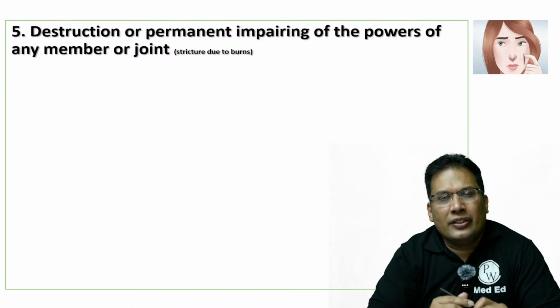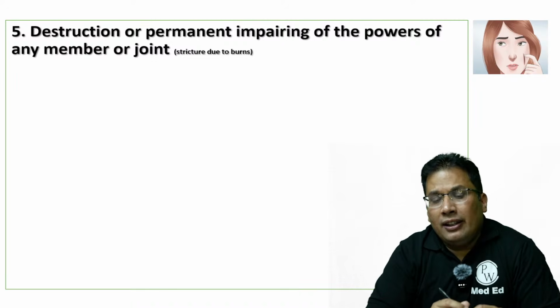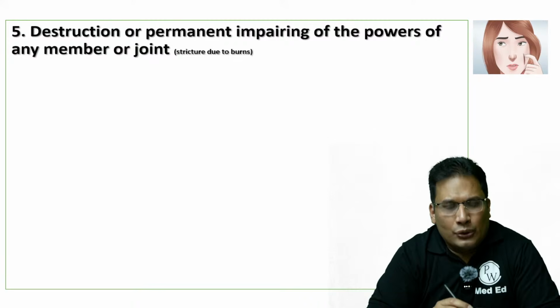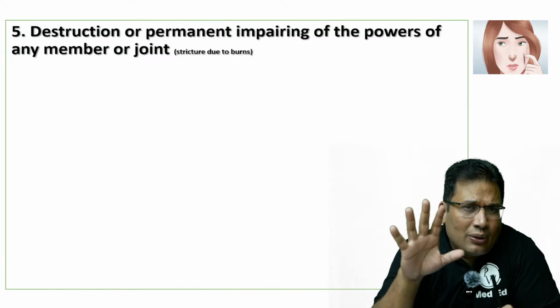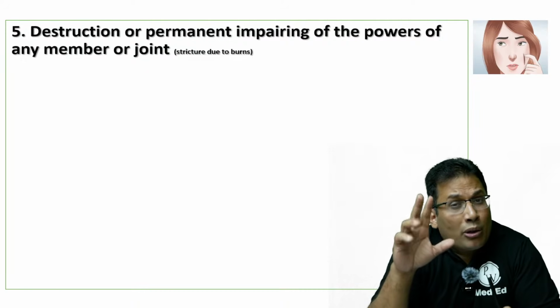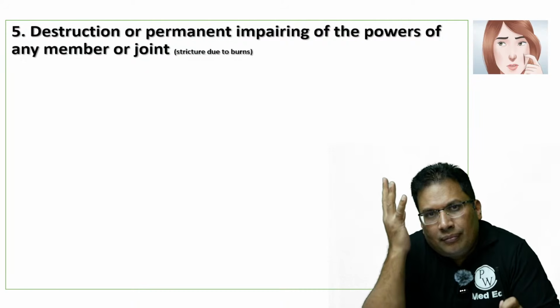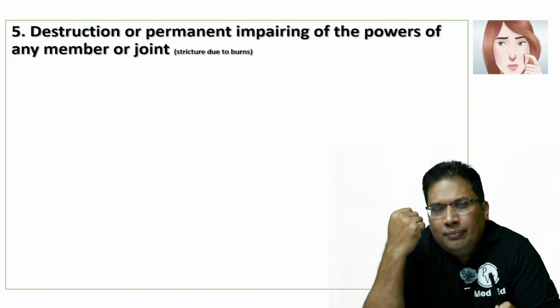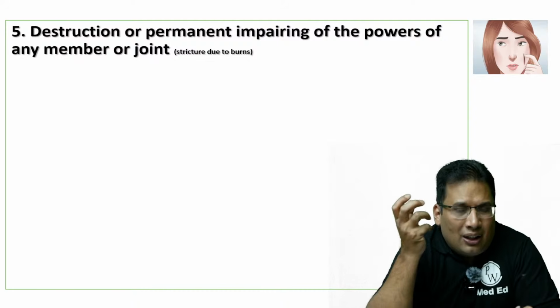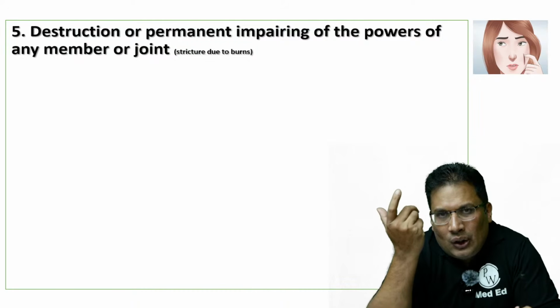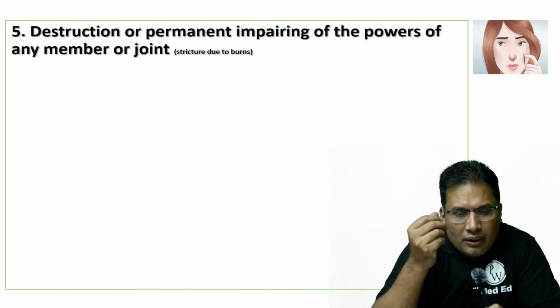The fifth clause: destruction or permanent impairing of powers of any member or joint. The clause number 5 is related to the power, the power of any member. A member can be an upper limb, lower limb, or joint, damaged due to trauma, due to assault. Okay? Example,